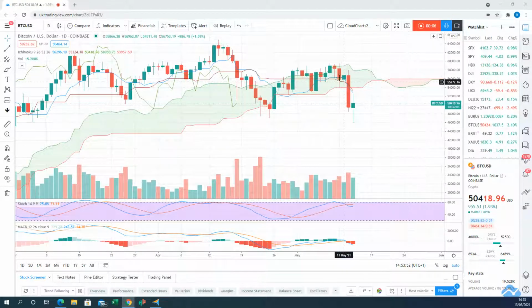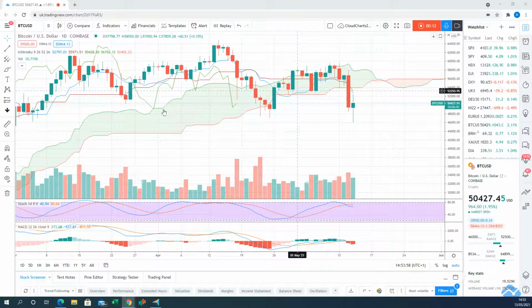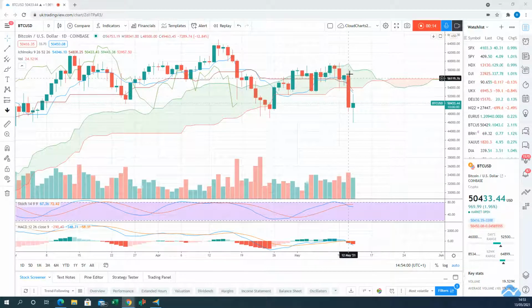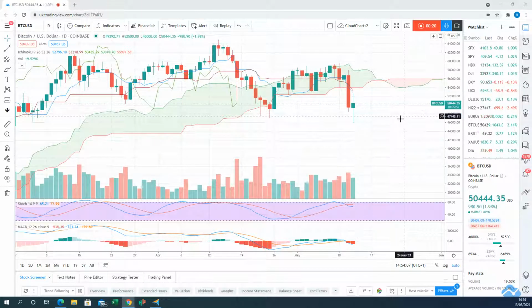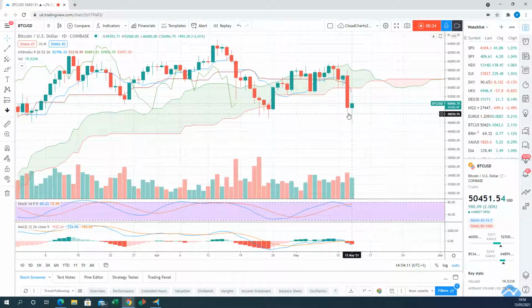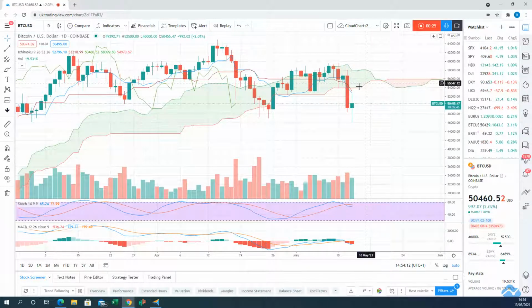In the last update, Bitcoin was still in a bull trend, an uptrend, because price action above the bottom of the cloud is bullish. We've now sliced through this critical cloud level, and that's changed the outlook from bullish to bearish. Price action is now below the cloud in Bitcoin. So for Bitcoin to go back into a bullish phase, it will need to regain support back above the bottom